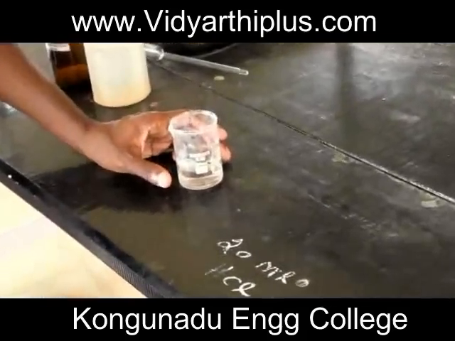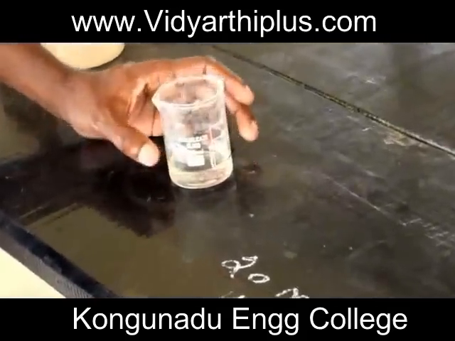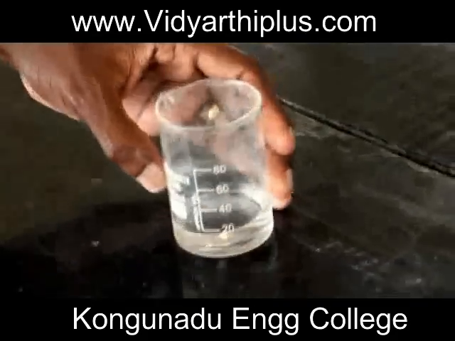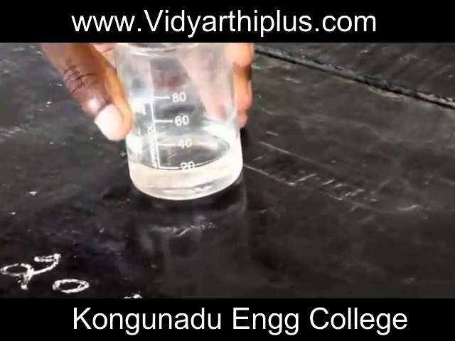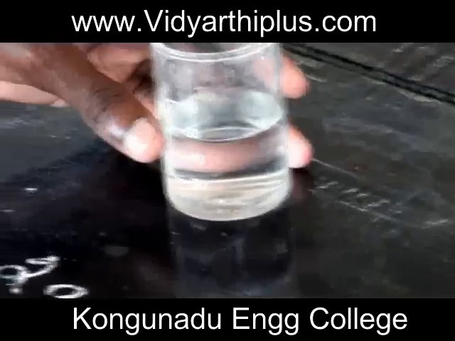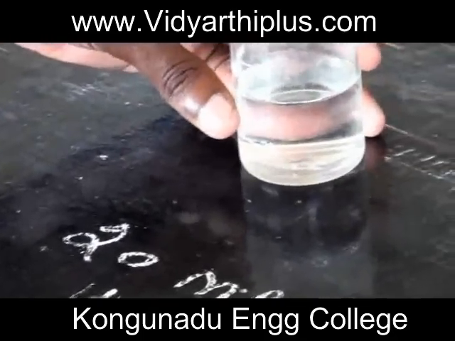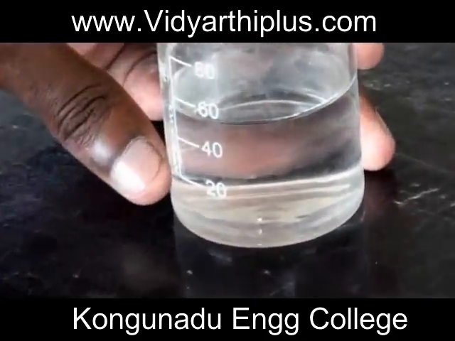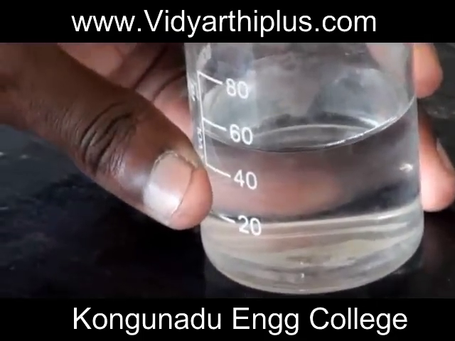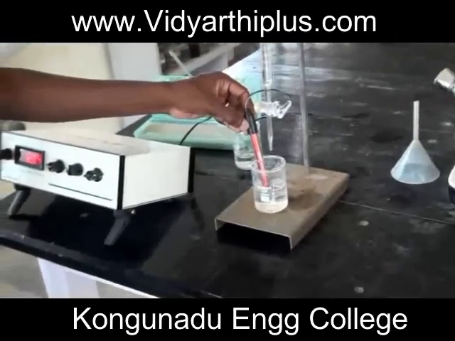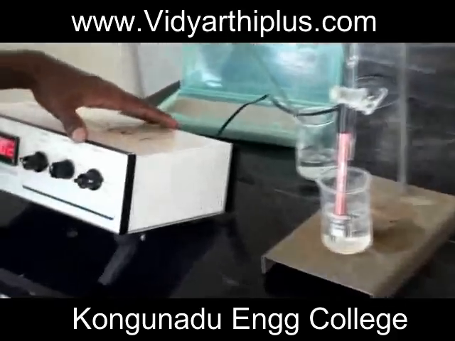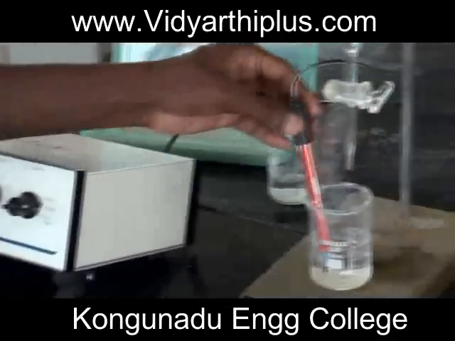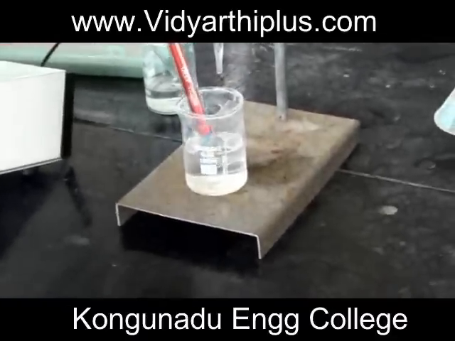The 100 ml beaker is thoroughly washed with the distilled water and 20 ml of HCl is pipetted out into the beaker. 30 ml of distilled water is added to the solution. So totally 50 ml is taken. Now the conductivity cell is connected to the conductivity bridge and is dipped in the solution containing HCl.